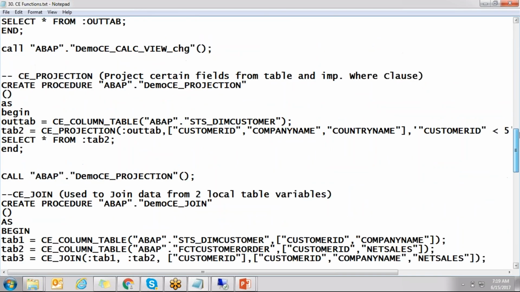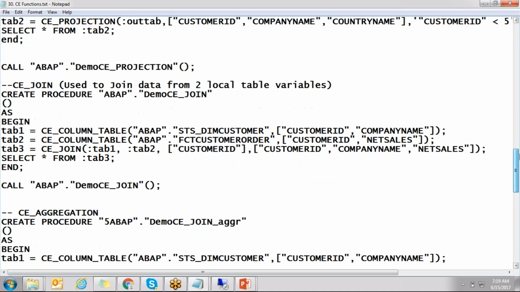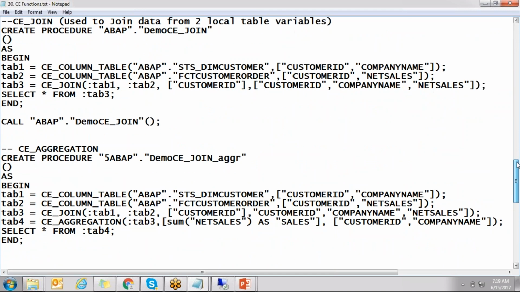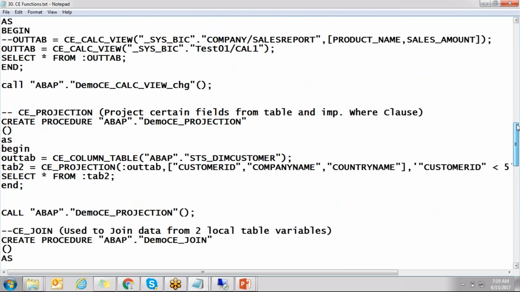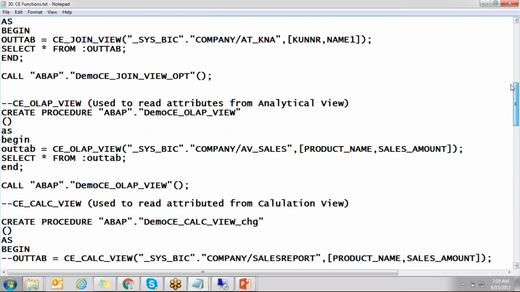Okay. I'll send you this file also. Just go through this, and try to create one row store table and one column store table, and try one or two scenarios. No need to concentrate much on